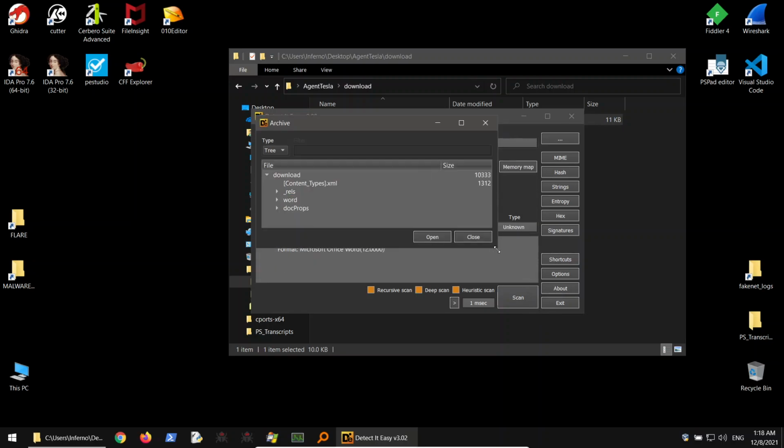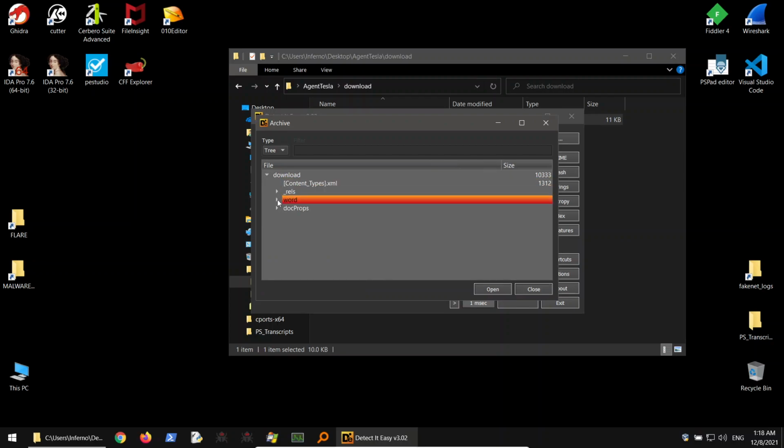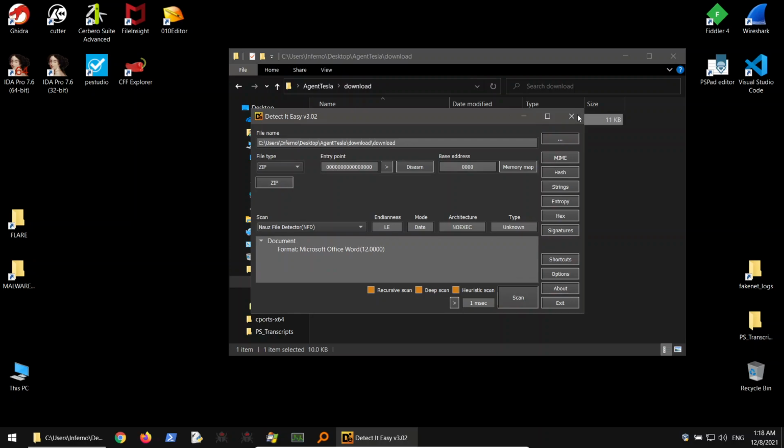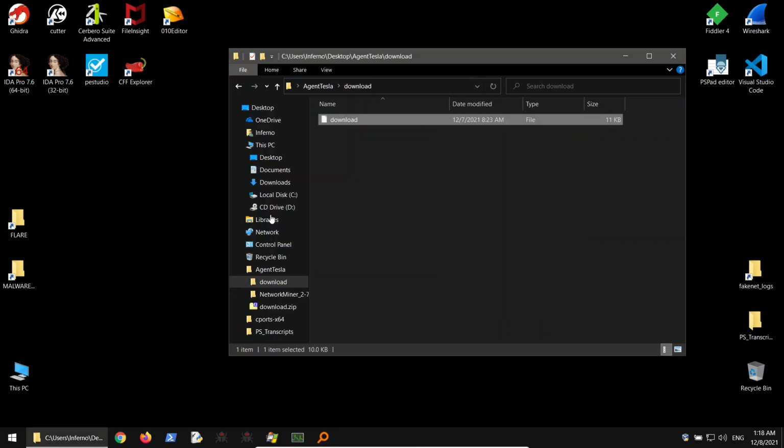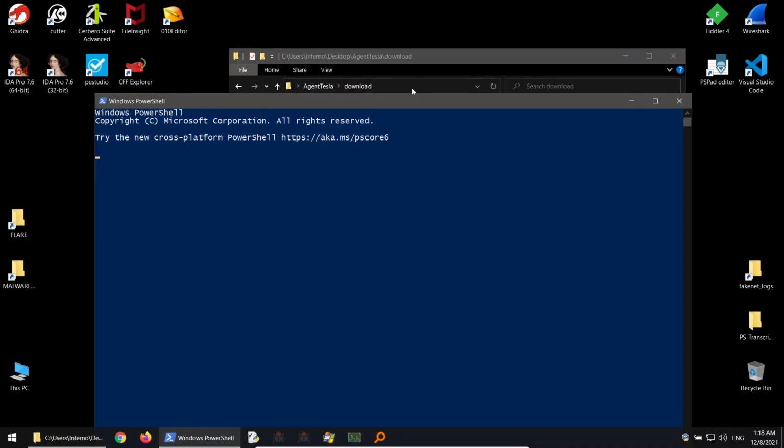You can see in this content that it's basically Microsoft Office Word, docx format, OpenXML. Nice. So what can you do now? Now you can run PowerShell,